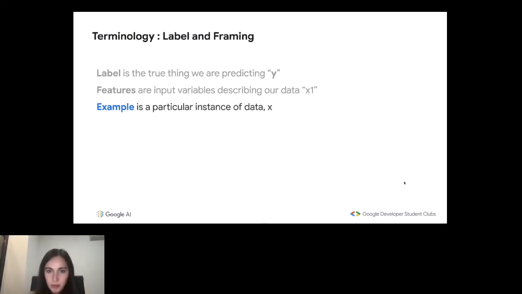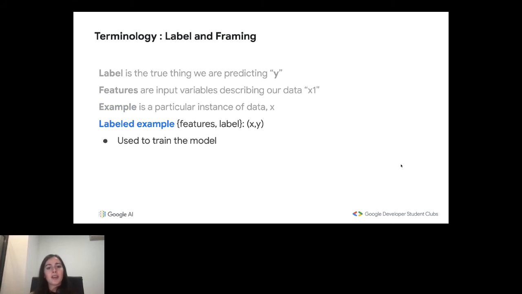And let's move on with the terminology. So we said we define our set of features. We assign them to a label, which a human annotator has given. And now we have a labeled example. And we can use this to train our model. So our model will be able to learn patterns from the input data to be able to make a good prediction. Well, hopefully, it's not going to be all the time like this.